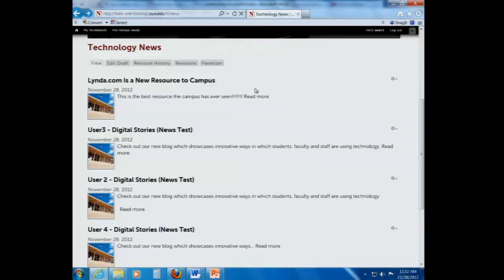Okay, so that is the basics to creating a news page. The nice thing about the next two page types, being events and person, is it works the exact same way. So we're not going to have you reinvent the wheel, but I do want to just show you what an